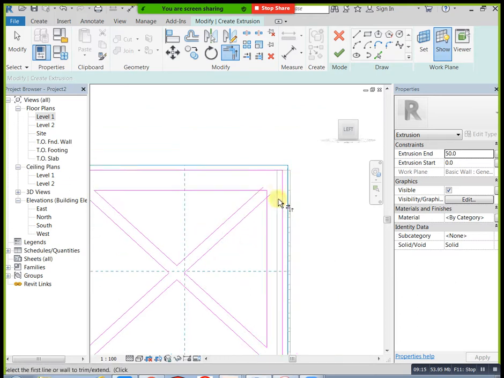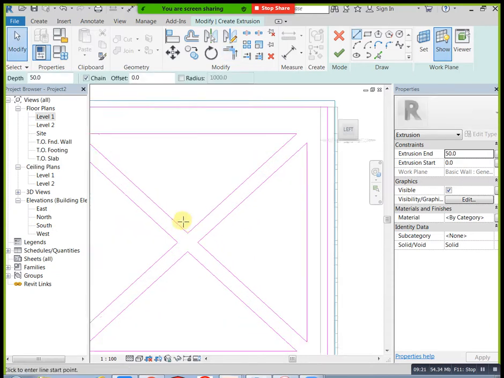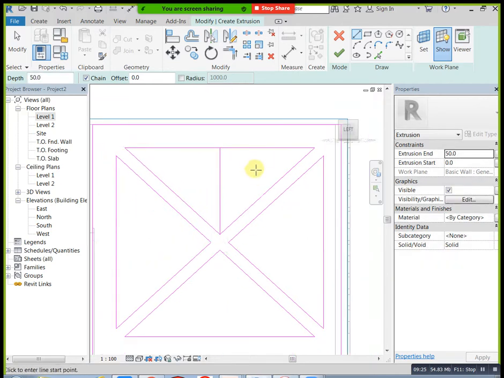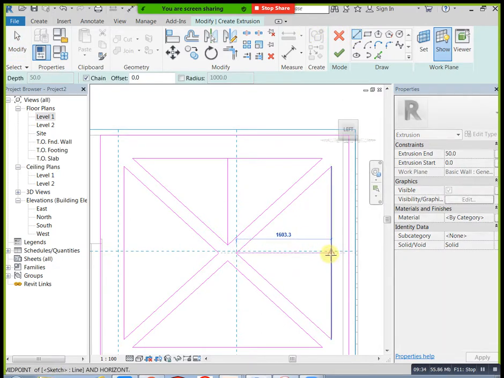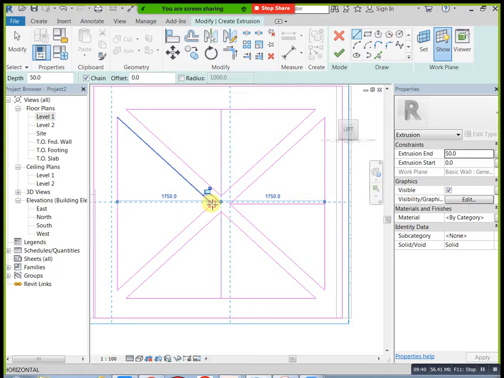Again I am designing one more here. Now you can apply like this. Just go offset and mention the same.